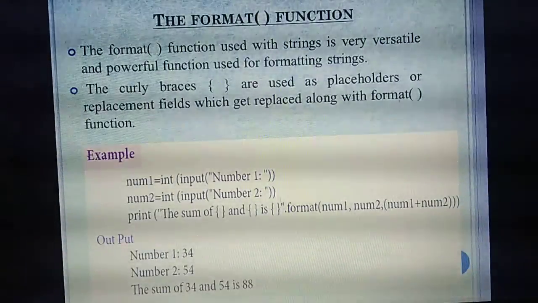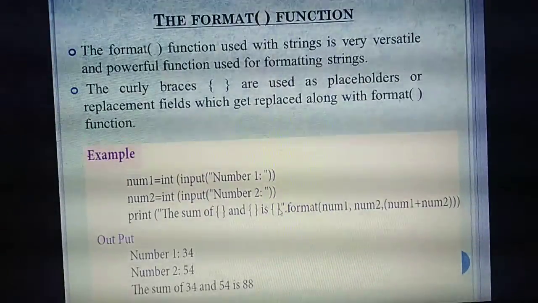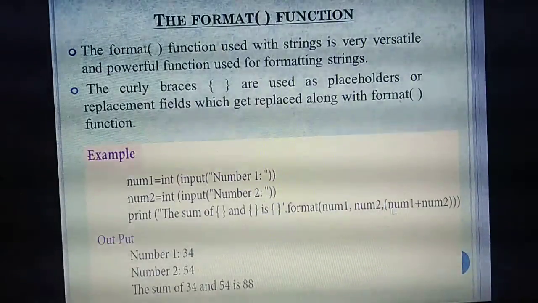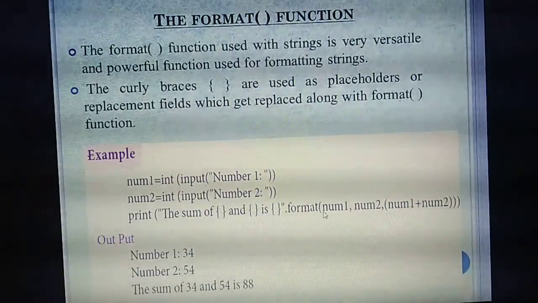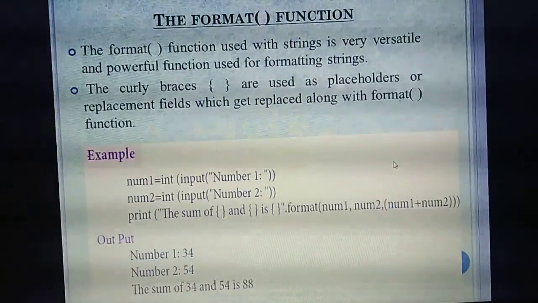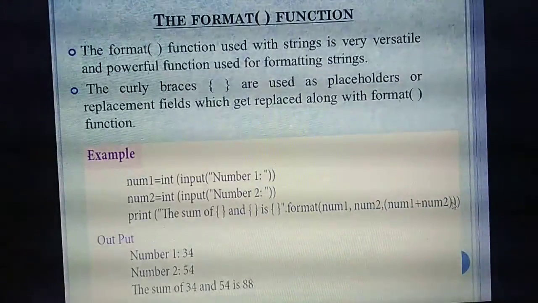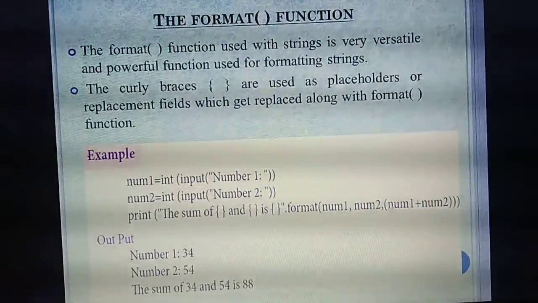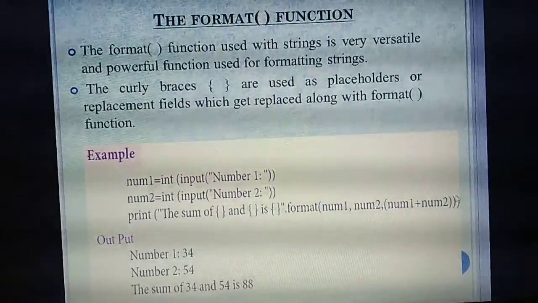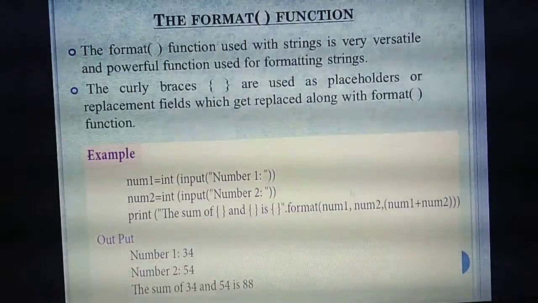You have entered them. Then the third curly brace: you are going to add two numbers and store the result in that curly brace. So inside the bracket, you should add the two numbers, num1 plus num2. How many brackets will be there? Please understand. num1 plus num2, so this bracket is closed. Then format of, that is the second bracket you need to close. Then the print of, that is the third bracket. So this line starts from here and ends here.